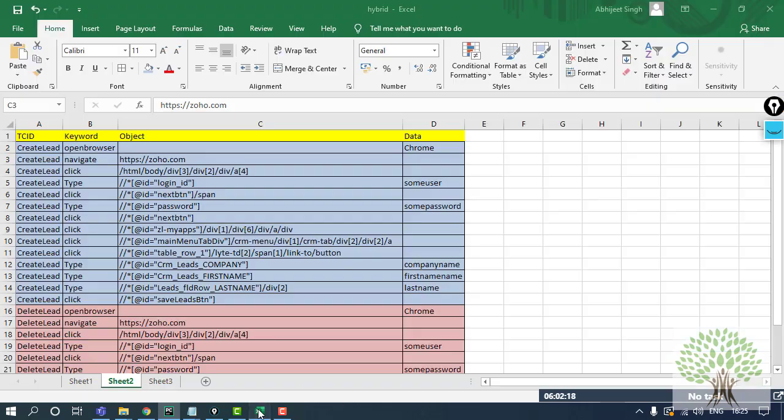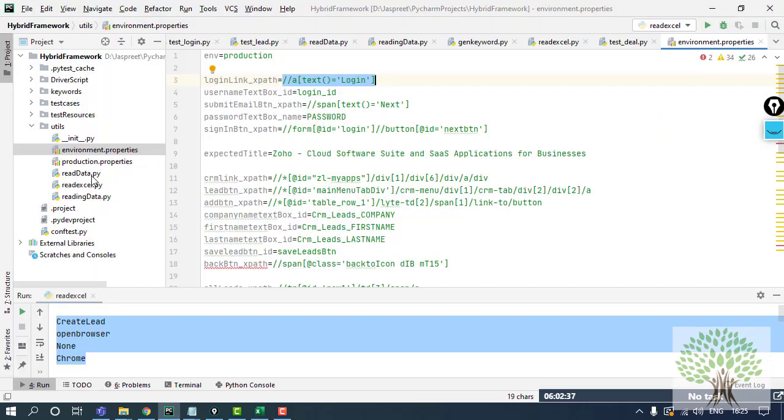The same way, I am having all these over here just to make sure that my project reads the Excel file, and according to the keywords given only, the action keeps on taking place. For that, a mechanism is to be applied. I'm not going into that right now, just telling you how it's actually going to be. Fine. So over here are my locators.